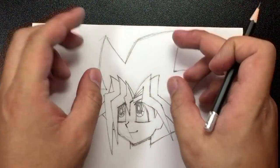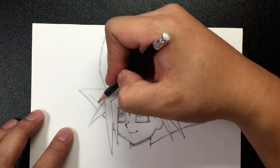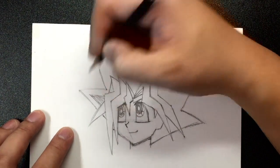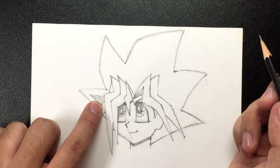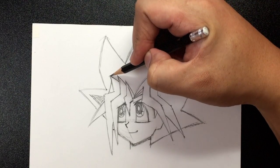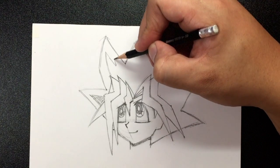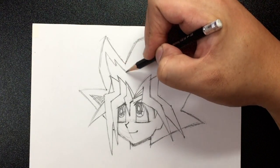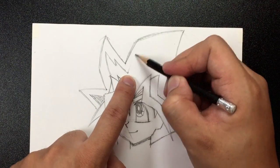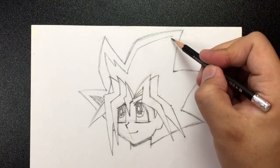Of course, this whole thing is going to be kind of pinkish, purplish, but we want to add some black accents to it. So we're going to create some triangles inside, and that's going to be colored in. I'm going to be coloring that in with my black later on. Okay, from here, from this point right here, you want to go up to around there. You want to go down this way, and then from here, I kind of want to go up again and then down like that. Okay, you go past this point, so you want to go past it, because what you want to do is you want to go up again that way, this way,